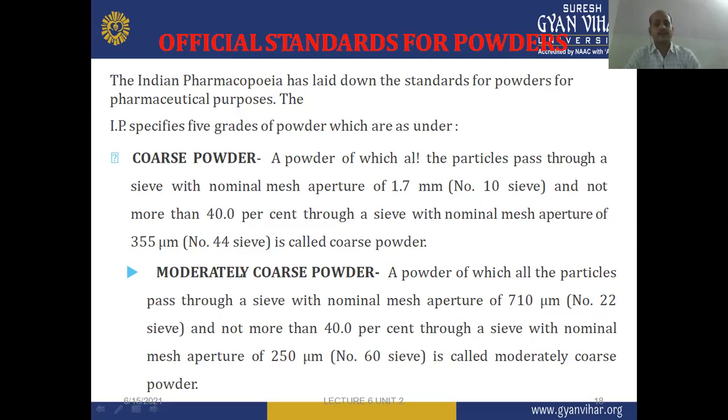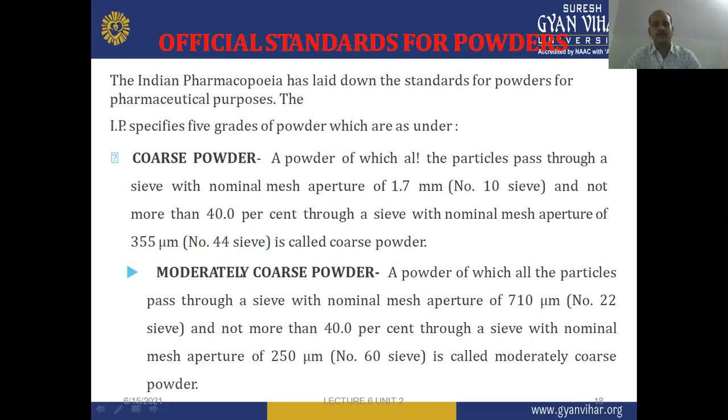So what is the mesh number? First of all, we have to know about it. Mesh number is the number of apertures or divisions or lines present in 1 square inch area of a given sieve. For example, if the mesh number is 10, it means when we cut a 1 square inch area of a particular sieve, we can find 10 divisions or 10 apertures in 1 square inch area on each and every side.